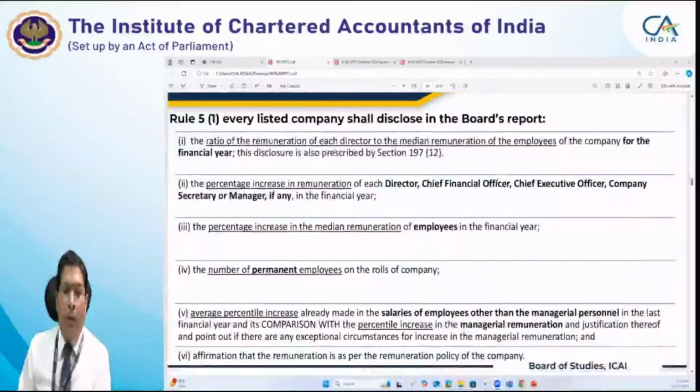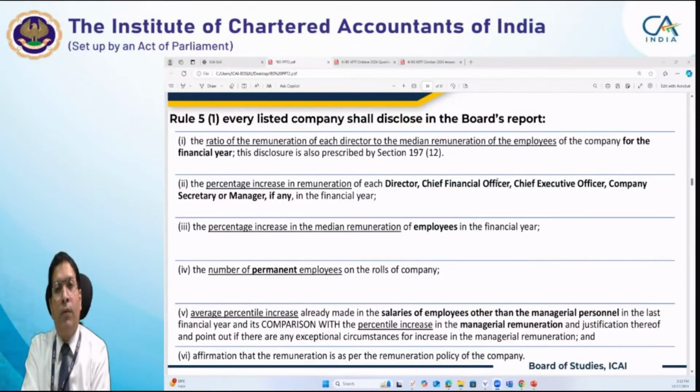Now, Rule 5(1) of the Companies Act is very important. According to Rule 5(1), every listed company shall disclose in the board's report. It is from the Companies Act portion, and Rule 5 you have to read with Section 197 of the Companies Act. According to this rule,